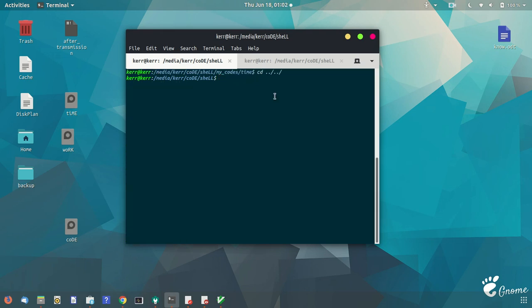Okay, the last command that I am going to discuss today is the time command. By using this time command, you basically get the time that has been taken to execute any command. So let's say you want to use the time command for any command. Let's make a script, and then run it with the time command.